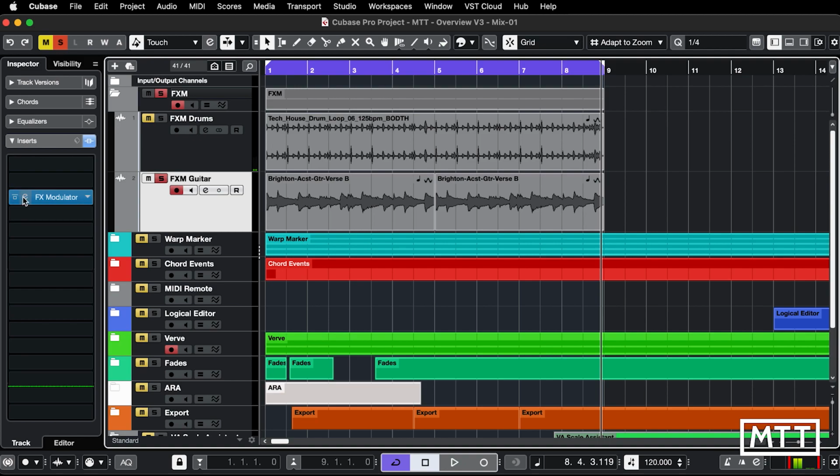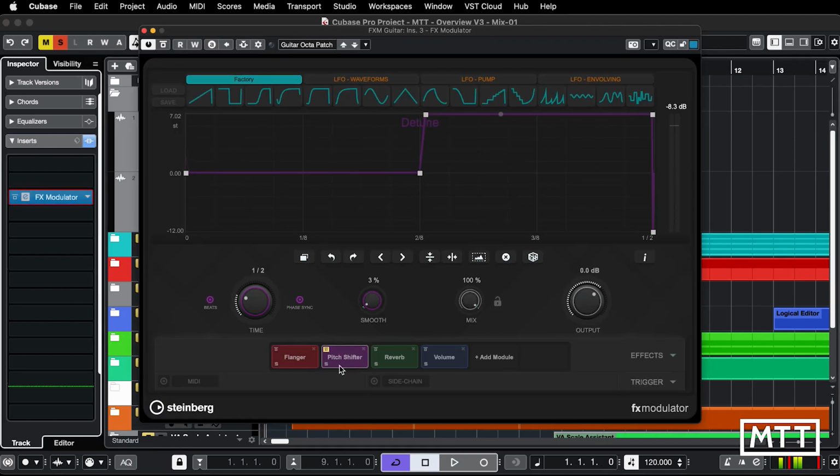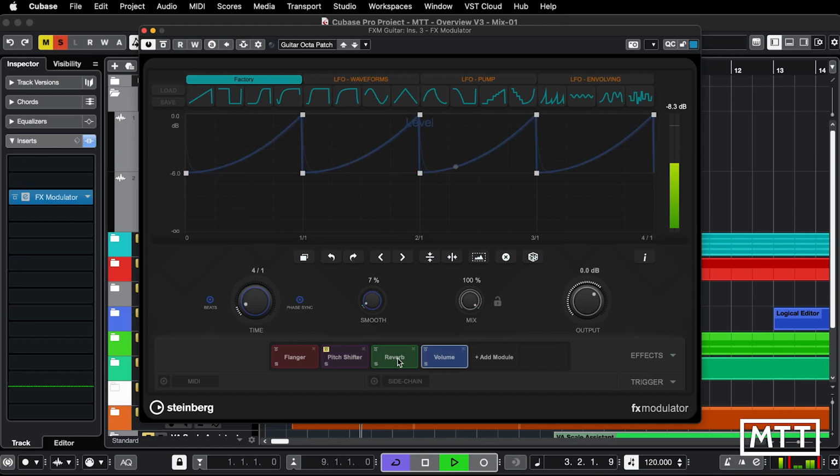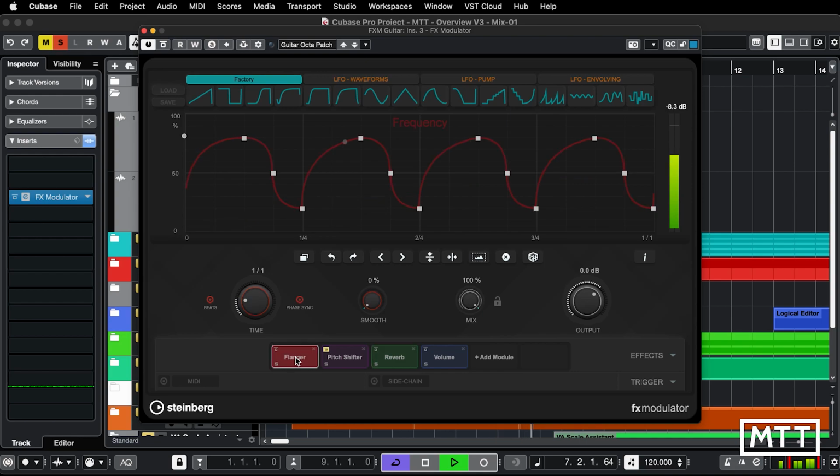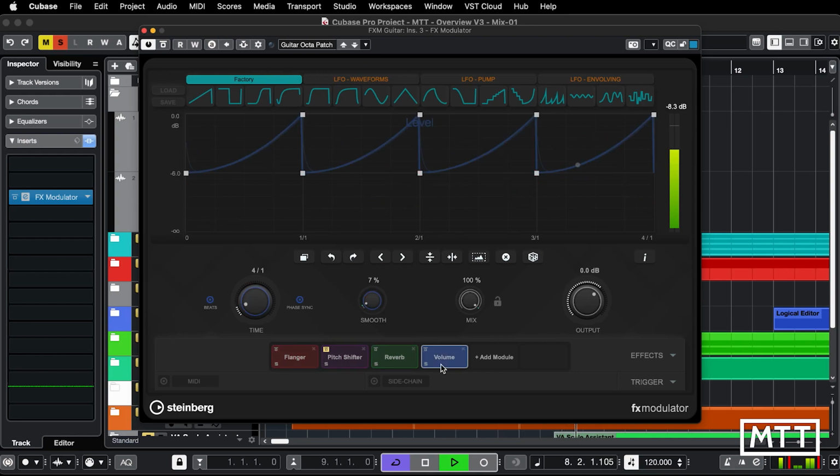And on this one, on guitar, I've got a preset where I've just taken the pitch shifter out. But again, so you can see we've got some modulation happening there at different time scales depending on which we're looking at there. Okay, so that's definitely worth looking at the video on the channel if you're interested in